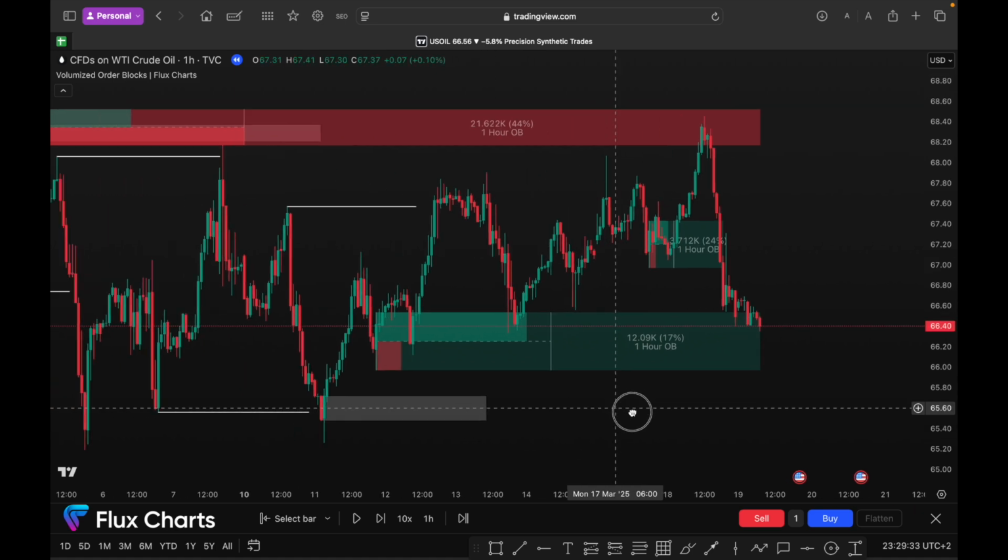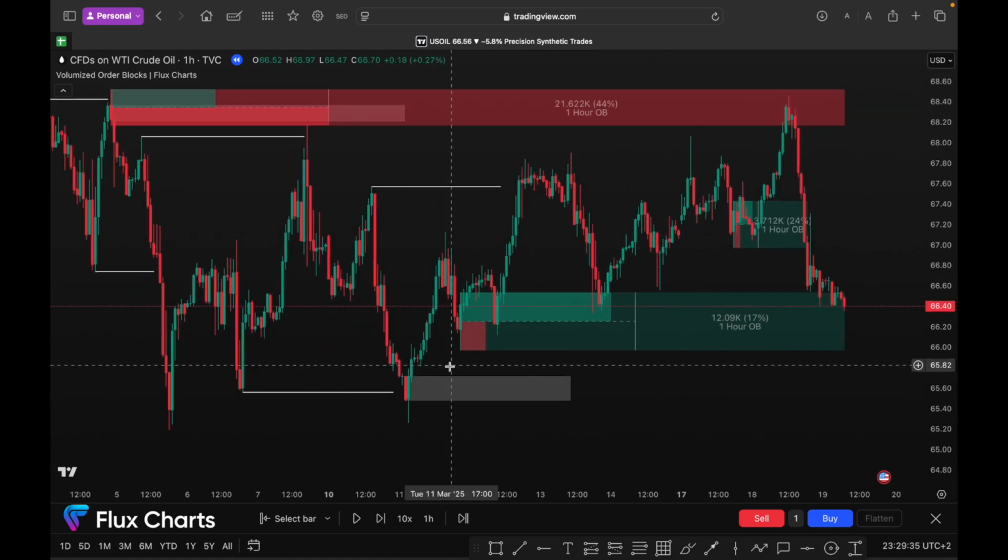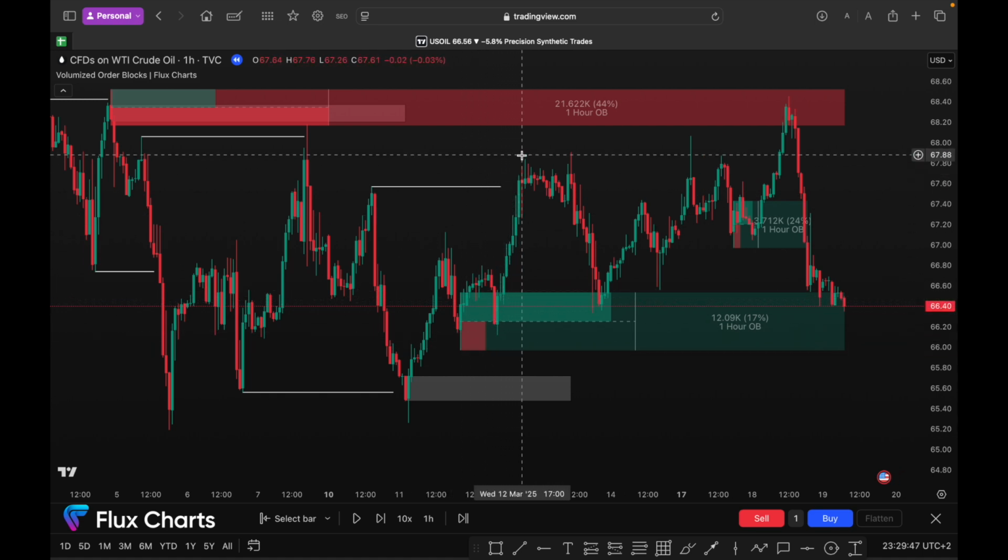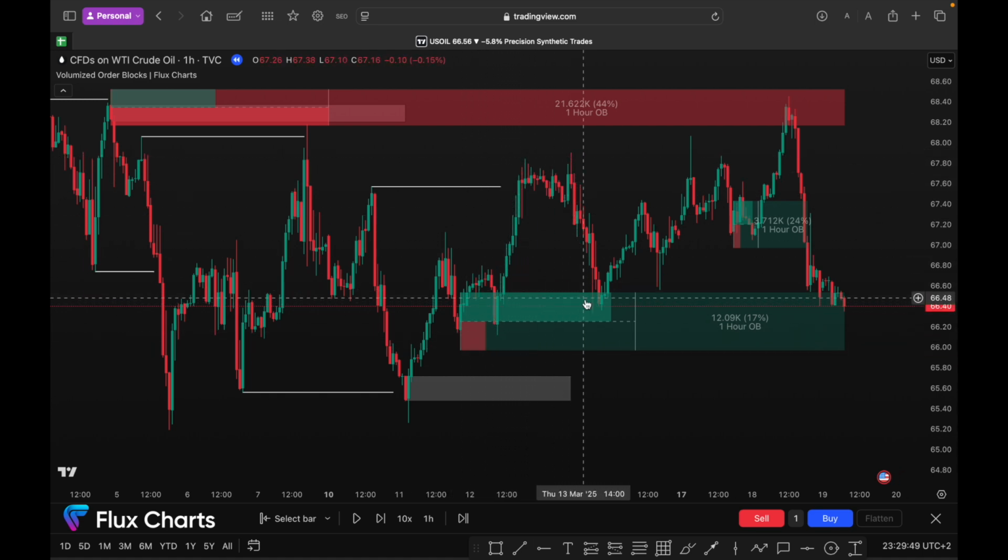Alright, so let's pause right over there. As you can see what happened here, this was my order block. Price did take this high at the end of the day, but then price drew out an order block area for us here. And as you can see, price took it out, price came back,